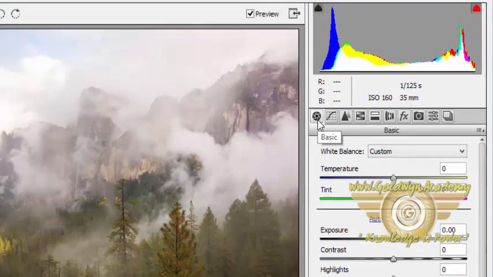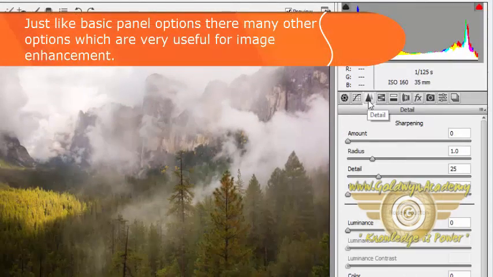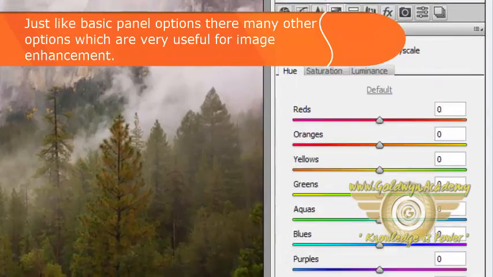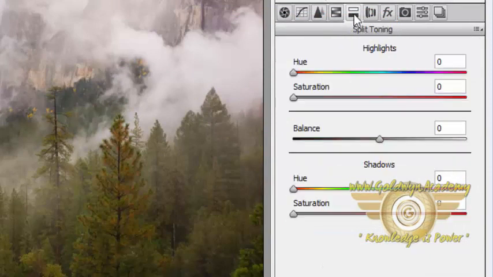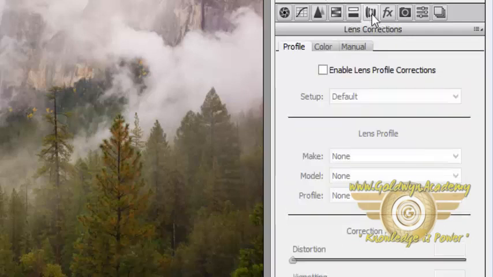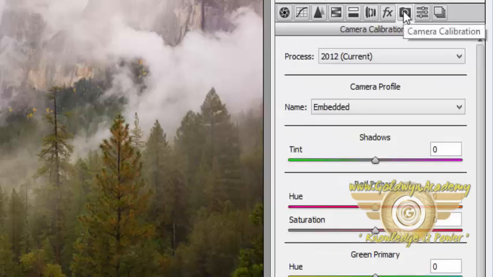Just like the basic panel, you have other panels to do these kinds of enhancement on your photographs and images. Just like the tone curve, the detailing where you can add sharpening and noise reduction to your image, HSL and grayscale to add hue, saturation and luminance, split toning, for adding hue and saturation in your highlights and shadows, lens corrections, effects, camera calibration,